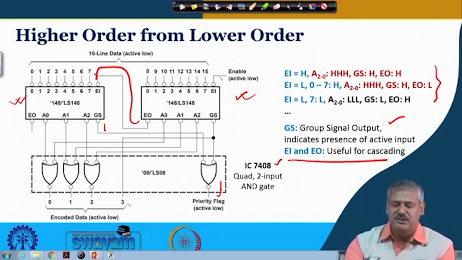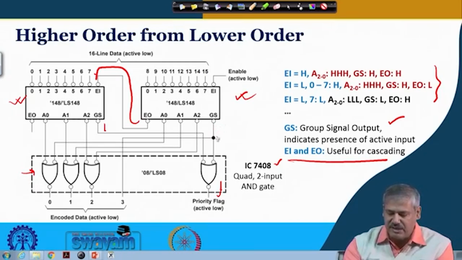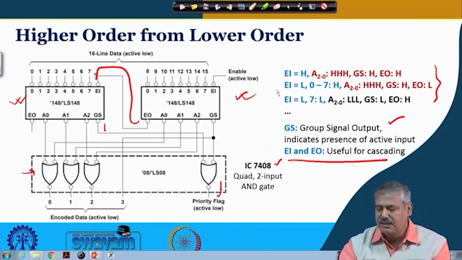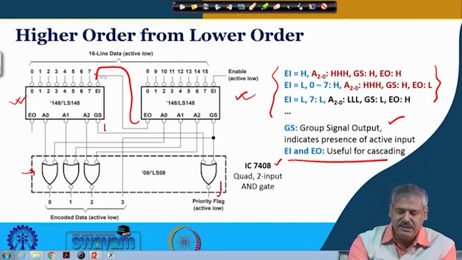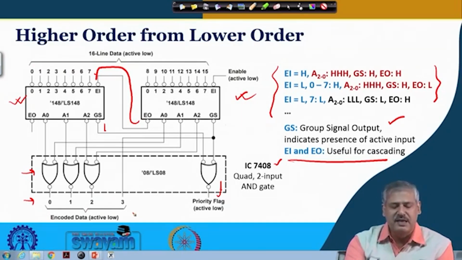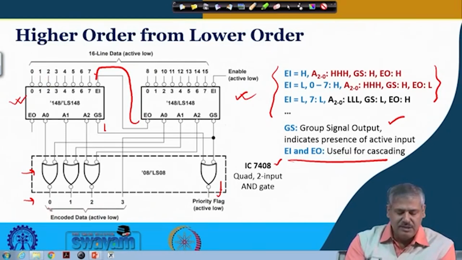And the outputs now, because it is 16, encoding will be done by 4 outputs. So, these are the 4 outputs, okay, and these are the AND gates, these 3 AND gates, and this is coming directly from GS. So, if you just look at the corresponding truth table and their description, you will see, if you place the data and check the output, you will find that if say 0 is present here, it will be low low low low, it is activated. If 1 is activated, it will be low low,